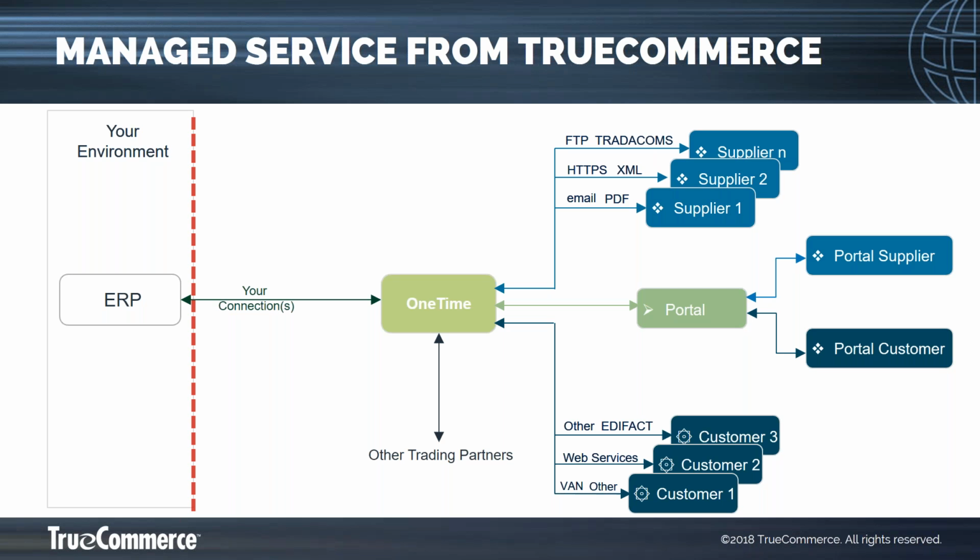OneTime also provides a throughput monitor which alerts on business rule exceptions typically. So if a supplier, for example, expects to receive 20 orders from customer A by 6 AM each day and 30 orders from customer B by 8 AM, then we can set that schedule up in our platform. And if those orders do not arrive as expected, our managed service desk will be alerted and they'll diagnose any issues with OneTime, the supplier or their customer, or even their customer's EDI provider. And that can be a very useful and proactive feature to take advantage of in OneTime.